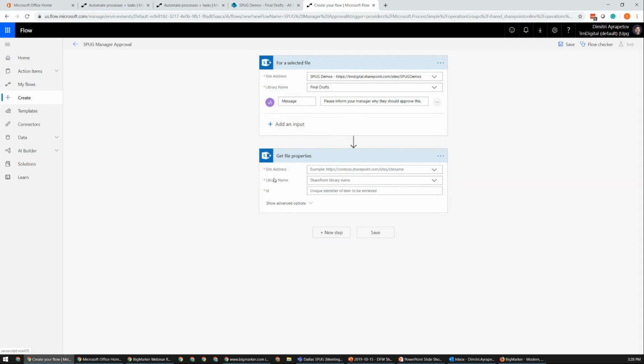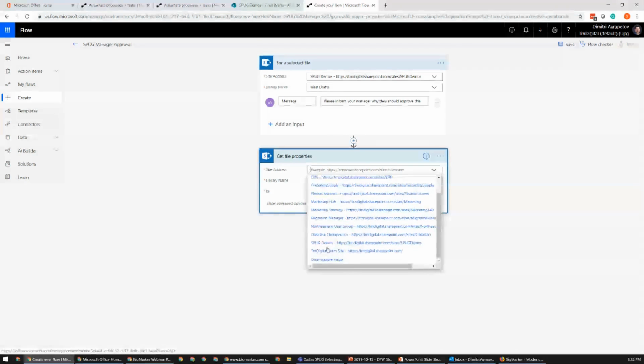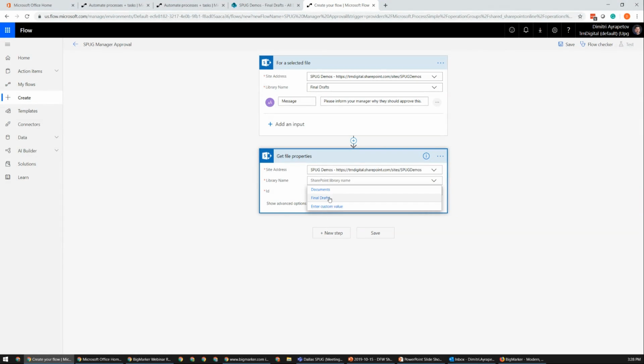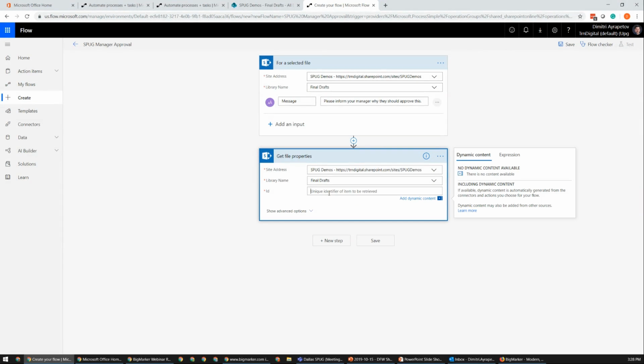And as repetitive as it is, we will be asked to enter in the information one more time. And then we'll need to enter an ID. So one thing you'll see in Flow is that many times when you go and fill in these fields, you'll get this dynamic content that pops up on the right side. And dynamic content typically lets you take advantage of previous actions and the data that they've pulled back. So in most cases, we'd be able to come in here and just pick the ID of the previous action as the ID that we want to get the file data for.